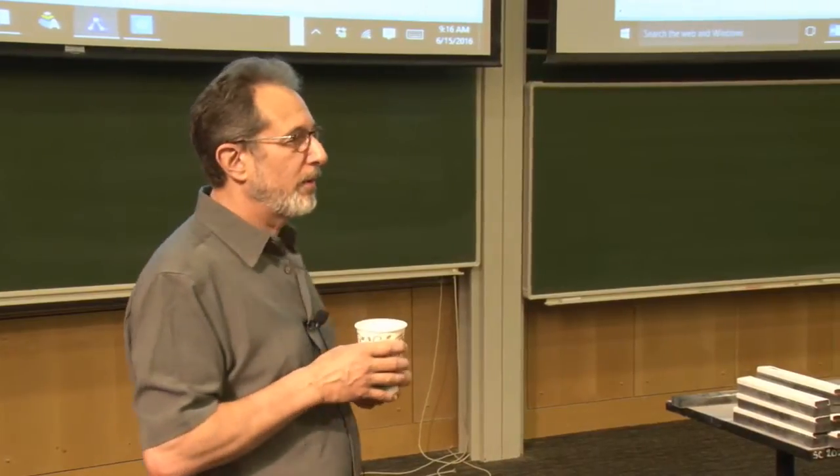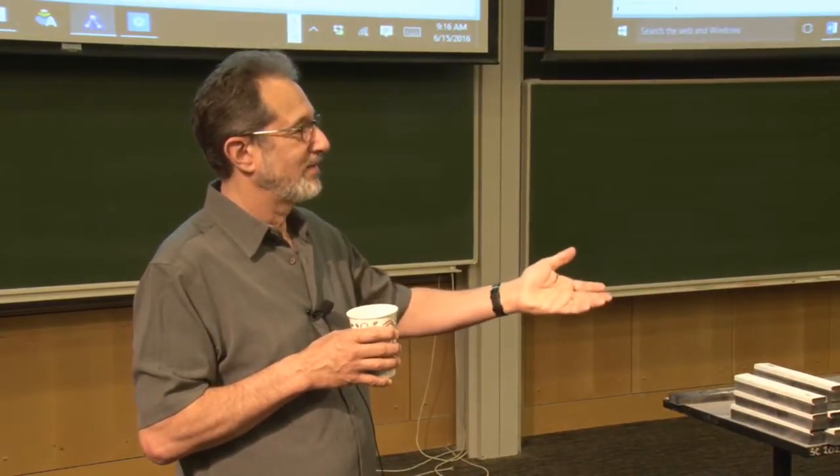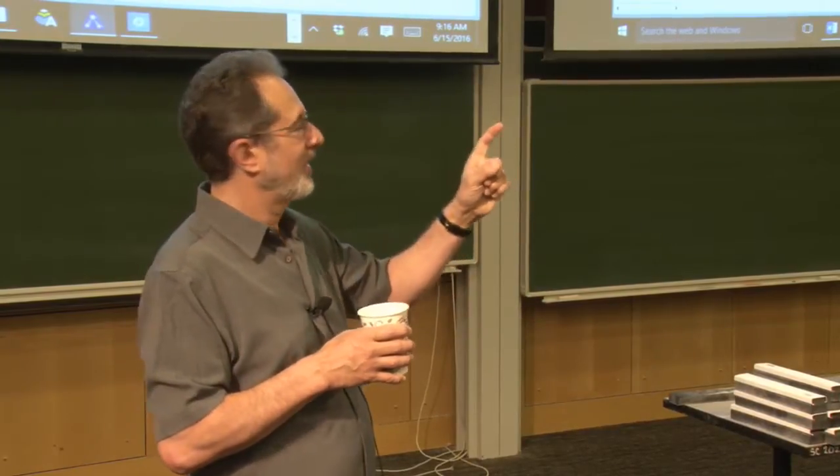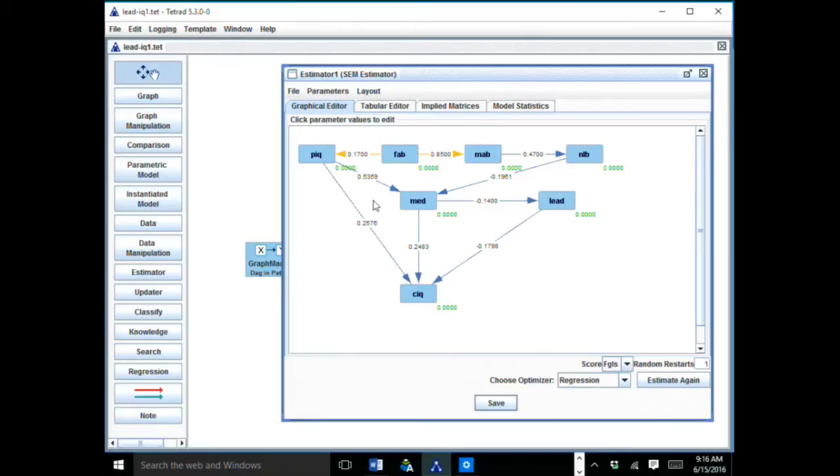So it's a collider and it's unshielded. Right. So PIQ, MED and MED, NLB are a potential collider, and PIQ and NLB have no adjacency. So they're unshielded. And so we can test to see if that's an arrow collision or not, and it turns out it is. And so we have orientation for both of those arrows into the mother's education, which is actually kind of interesting,